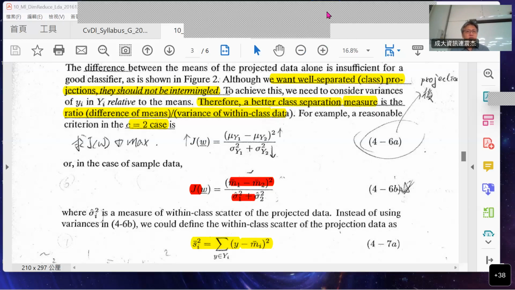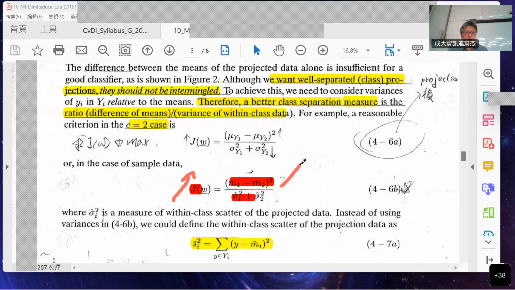Okay, that means we try to find the maximum value of this. 要找极大值，这是 equation。那就是你的 projection 的 Gaussian distribution，你的分子越大越好，你的分母越小越好，这是它的目的。discrimination 是这样子。